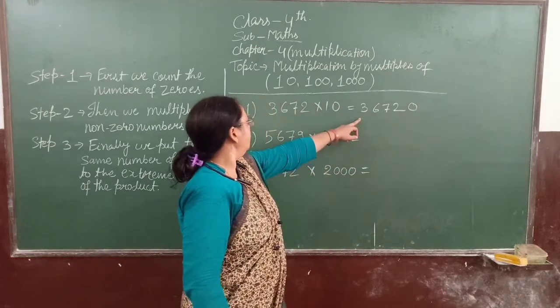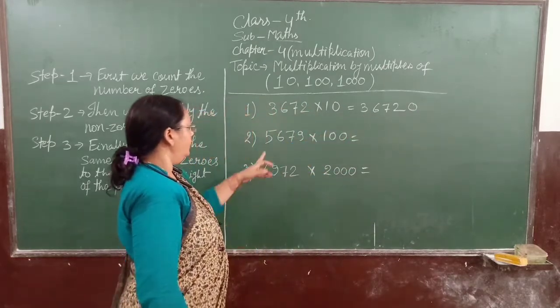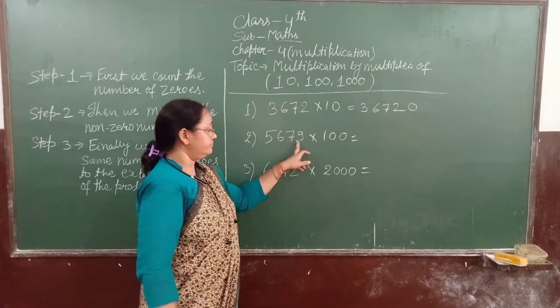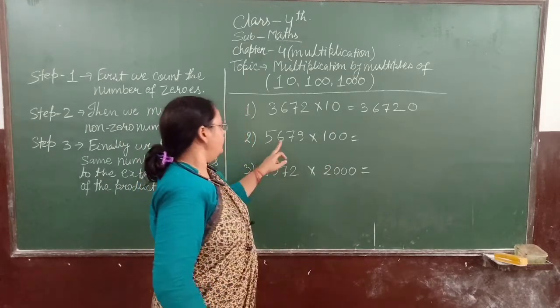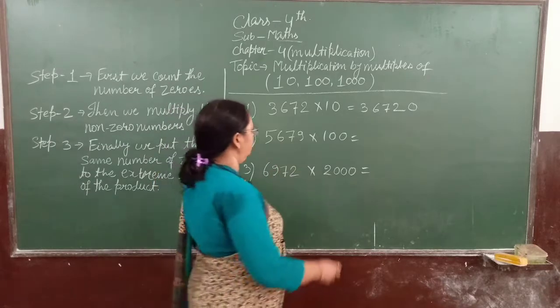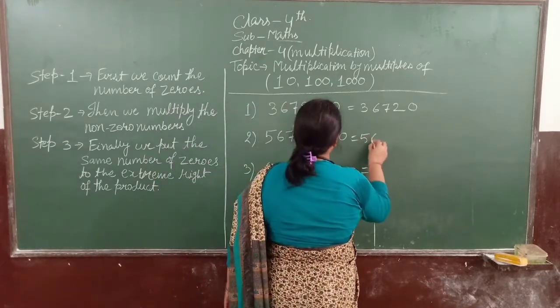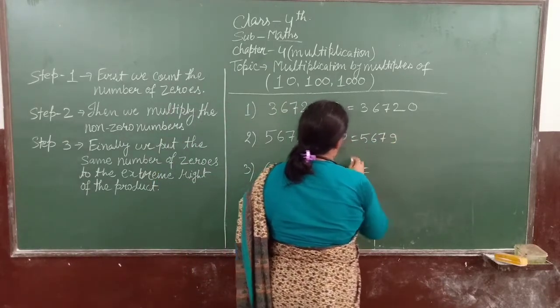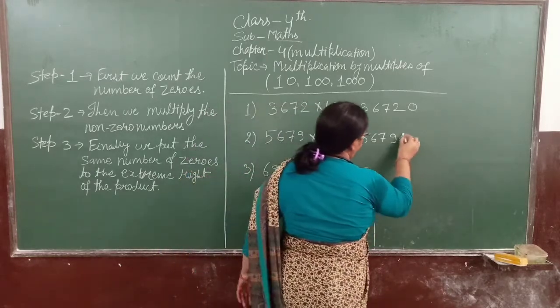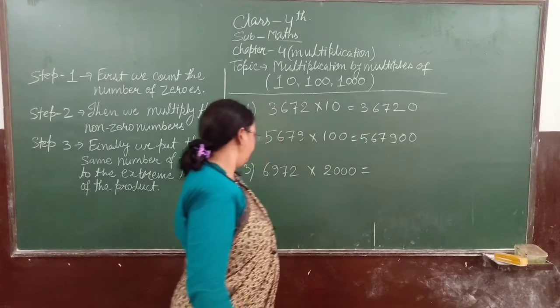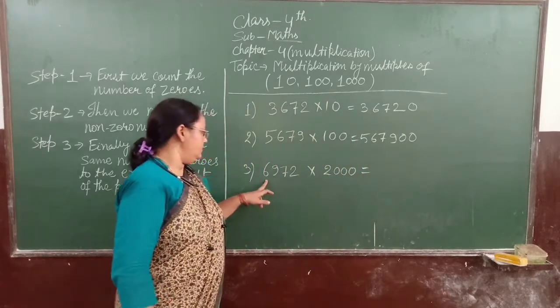This is your required answer. And now again we multiply non-zero multiplier, that is 5679 is itself 5679, and extreme right we put 20. So 20 here, and this is